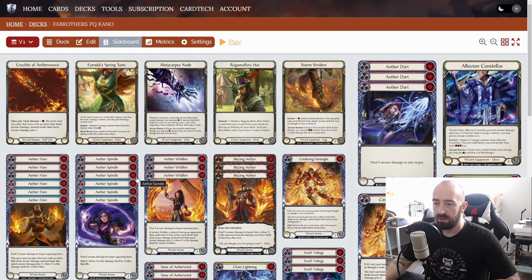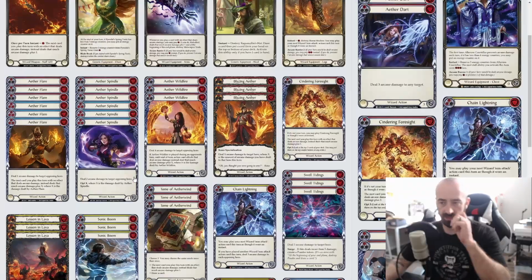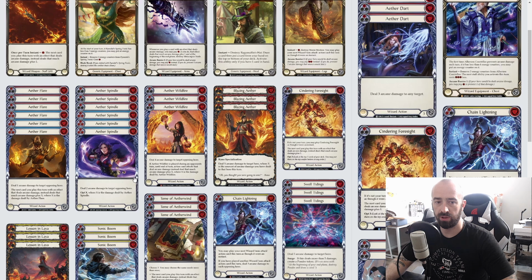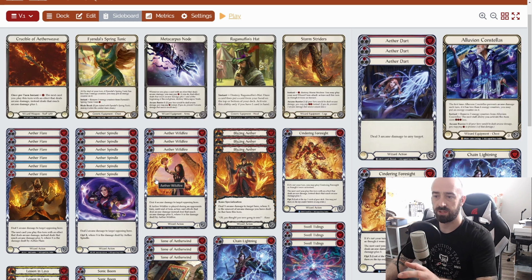So to avoid the Kano headache, just remember that Wildfire combo is pretty much what you're going to be doing, and everything else is just kind of extra. So on that note, what combo lines should you be learning? I've walked through this in multiple Kano videos in the past, but essentially it comes down to Aether Wildfire in your arsenal, Storm Striders to play that on your opponent's turn at instant speed,